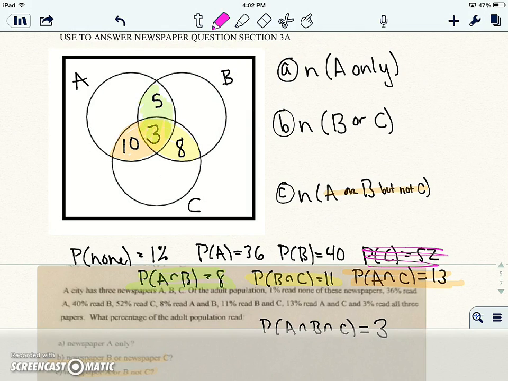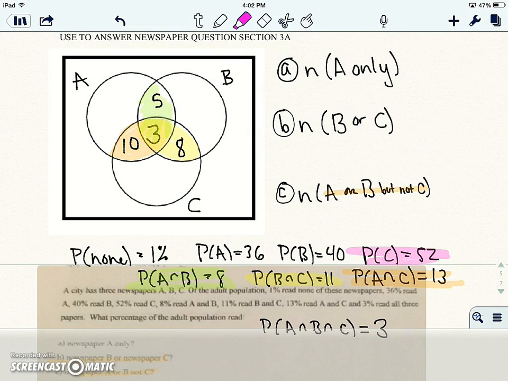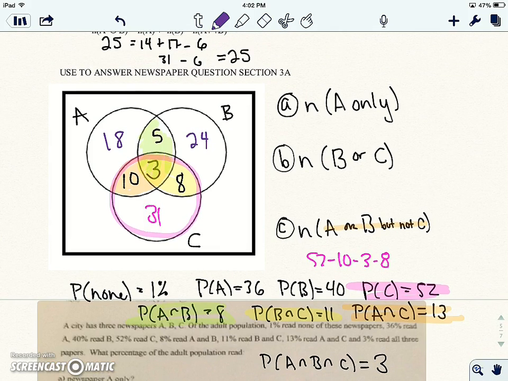Probability of being in C. There are 52 in all of C. So we have to think 52, take away the 10, the 3, and the 8 that we've already used, and there are 31 in C. Similarly, we would have 24 in B and 18 in A. And we're running out of time, so I will have you now answer these questions, A, B, and C,